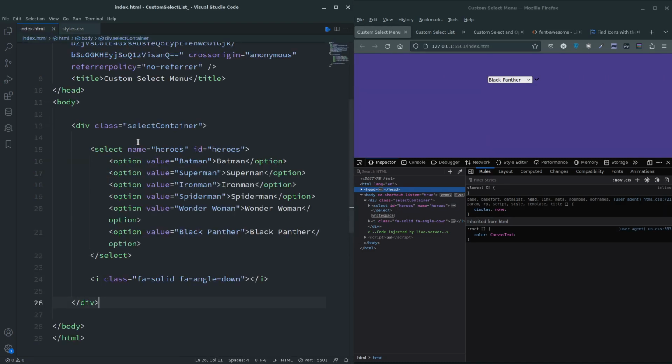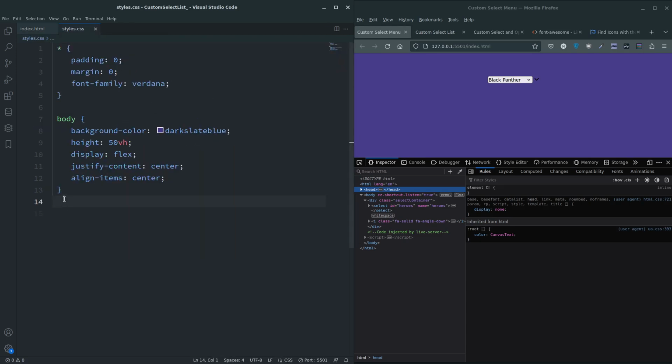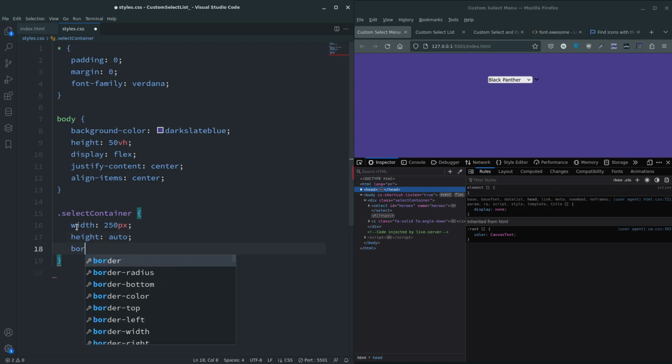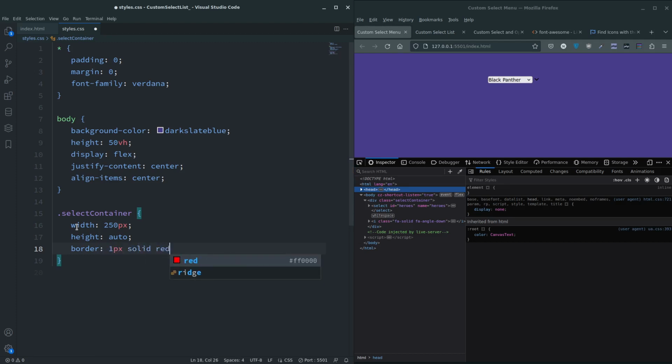So the container, let's grab that. Let's go over here, paste it in with the dot in front of it, obviously. I'm going to give this a width of 250 pixels. Height is going to be auto, and I'm going to put a border on it for now so you can see it. There it is. And I'm going to do a position of relative